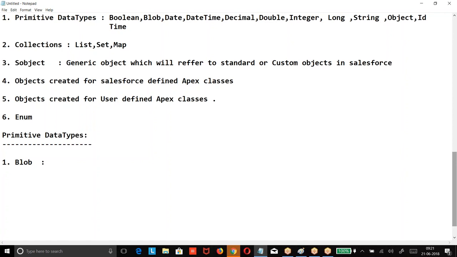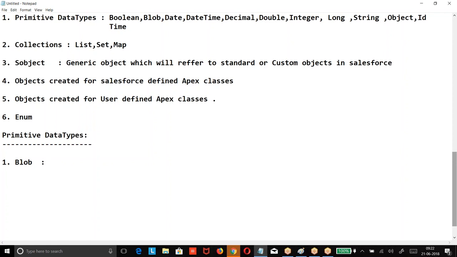So I will convert it into binary format and store it. So blob, binary format. If you want to store any document, file, image, audio, or video, we need to convert the data into binary and save it.